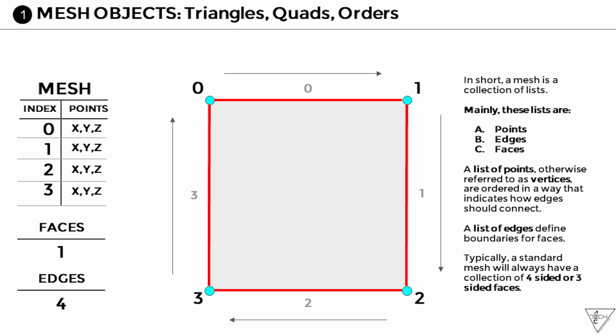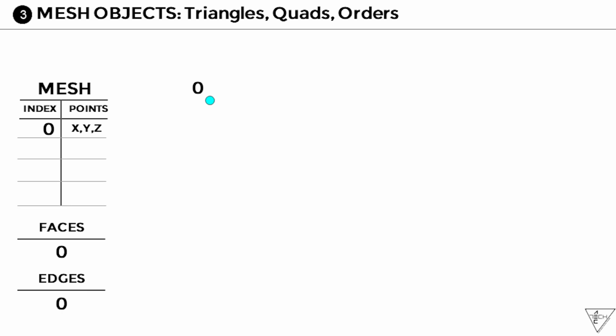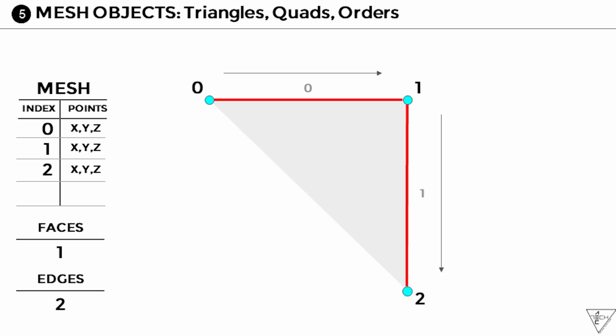If you start to understand how that gets constructed, you really start to understand how to manipulate geometry in many, many different ways. So if you think of a mesh as just a point and then another point, that creates an edge, and that edge already has a particular direction if you imagine vectors. And if you keep that logic going, where point 0 goes to point 1, and then point 1 goes to point 2, you've created 2 vectors or 2 lines with a particular direction, as well as some sort of order. So 0, 1 created line 0, 1, 2 created line 1,